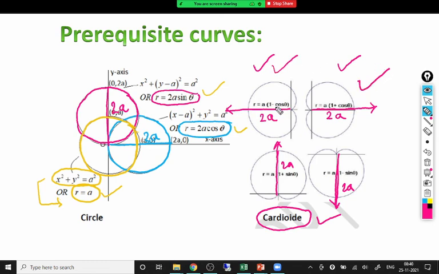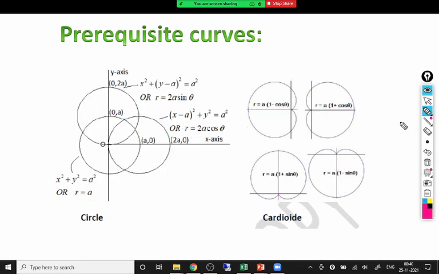And the equation of a cardioid is only available in polar form. These equations are not used in Cartesian form because they are very complicated in Cartesian. If you want this equation in Cartesian, it's very difficult to first write it and then study it. So cardioid only exists in polar form. If you want to see how r is equal to a(1 plus cos theta), my mistake, how it is plotted, let me show you the plot of this graph on the graph paper quickly.